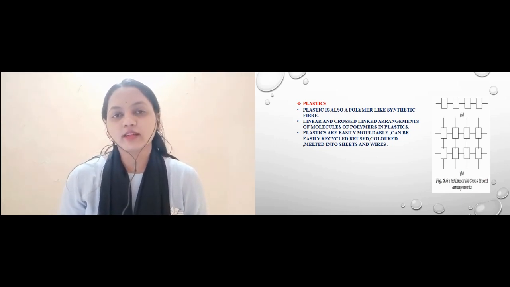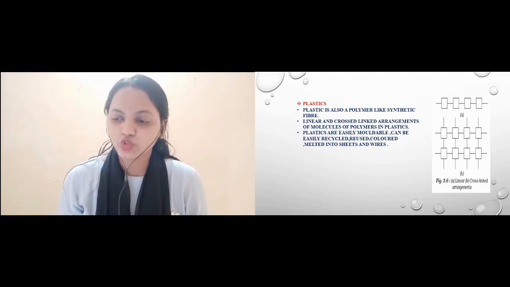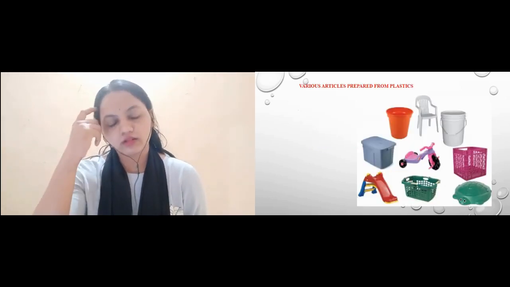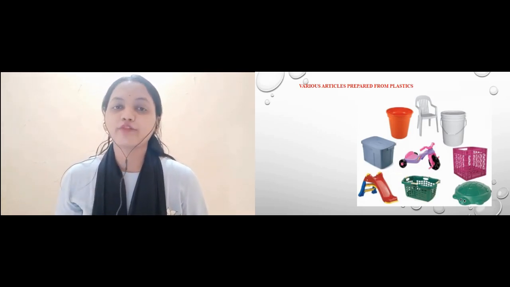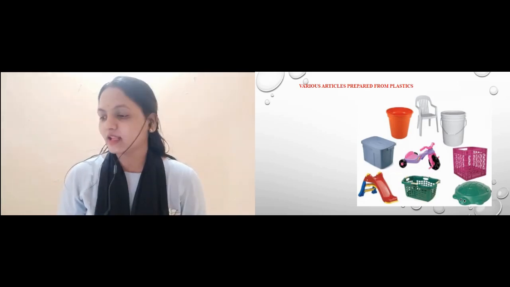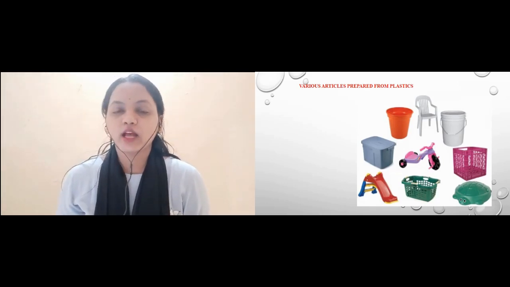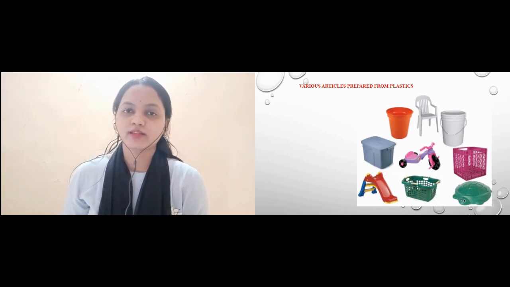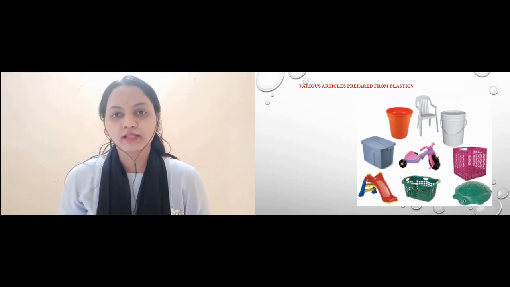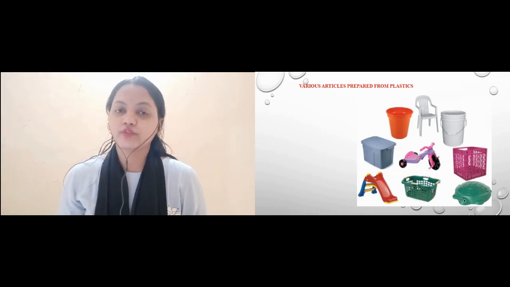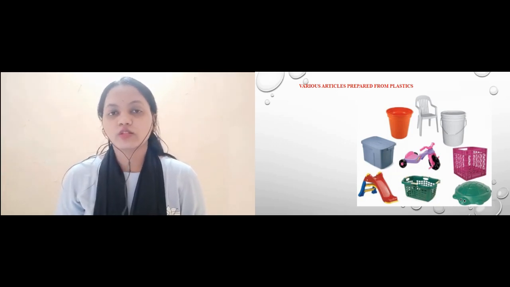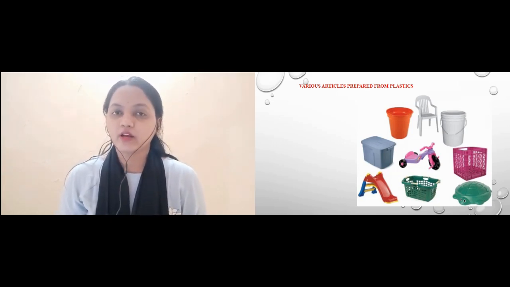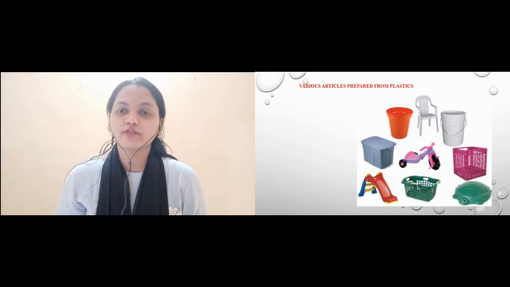So in the next slide you can see there are some pictures of things which are prepared from the plastics. You can see the chair, the slide, buckets, cycle and baskets. These are all prepared from the plastics. Even the electric switches, the television, laptops, these are all prepared out of the plastics. So we will move to our next slide, which is